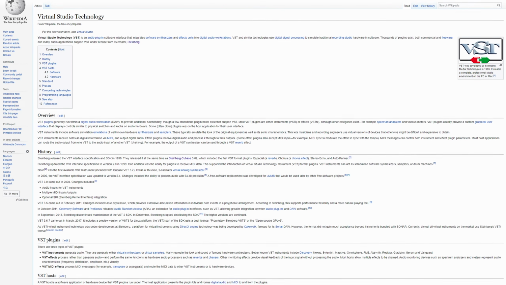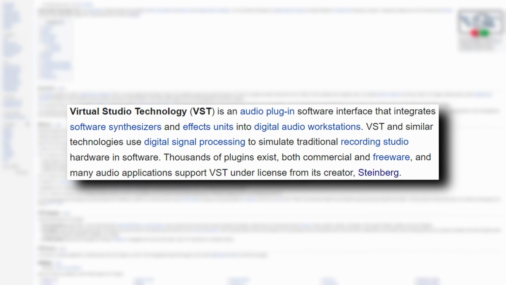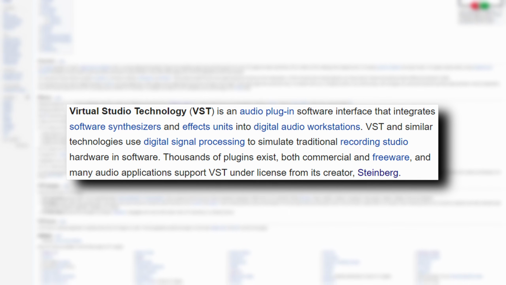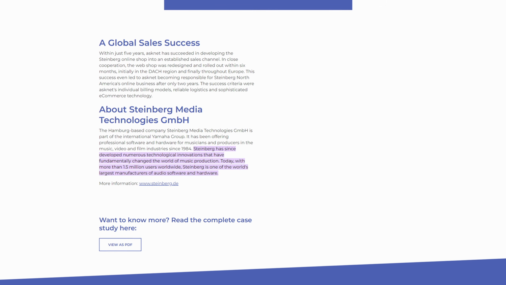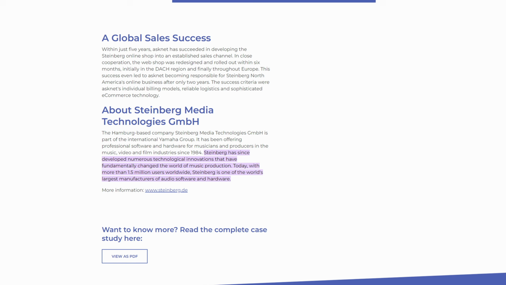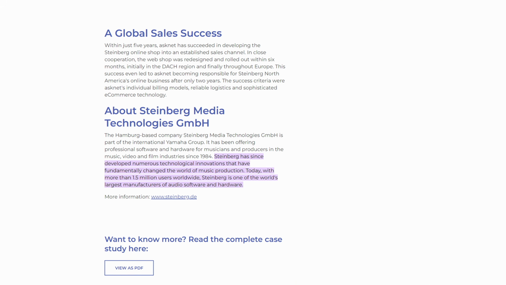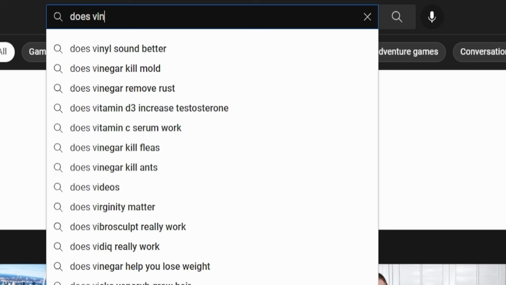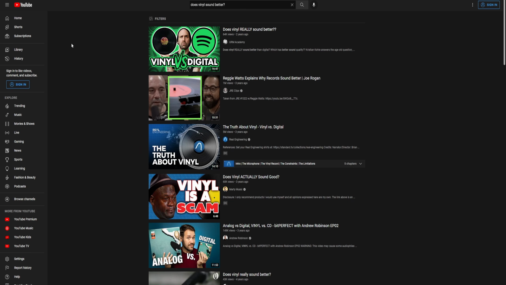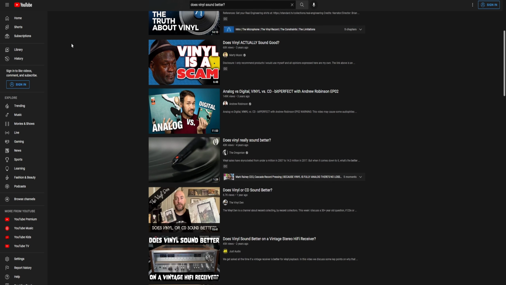A brief explanation of what a VST is would be a plugin software interface that allows software-based synthesizers and effects to be displayed and function within DAWs. This is the impact that Steinberg had on the music production world. This single technology not only allowed bedroom producers access to professional sounds, but it would also change the quality of music forever. There are arguments about vinyl or analog mediums having a specific tone to them, and people like that, but it's undeniable that VSTs worked to polish and refine the quality of songs in the modern day.